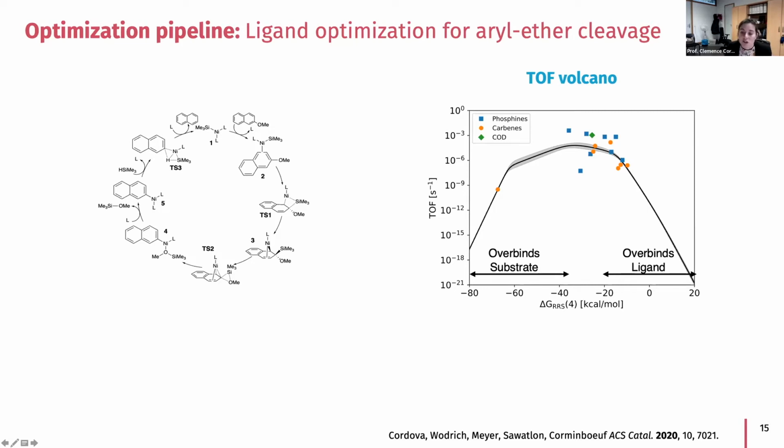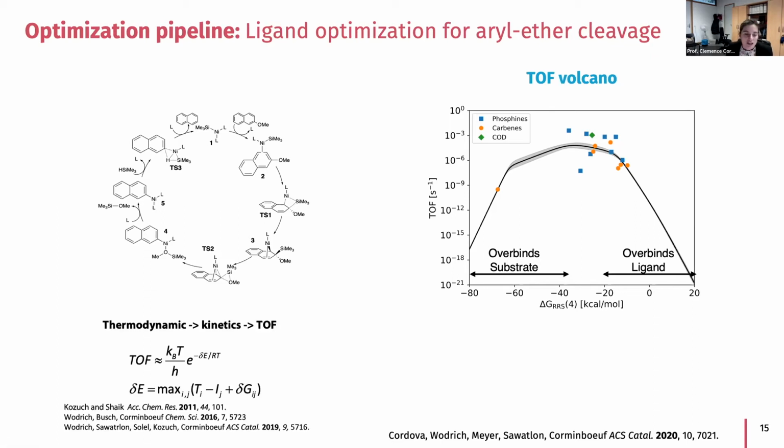explanation, telling you which type of machine learning model we use in my group and which types of machine learning model are used in chemistry in general. This down here was just to show you that we can evolve from having a thermodynamic volcano, a kinetics volcano, and ultimately a turnover frequency volcano using this energy span model. But let me go back to the type of machine learning model that you use